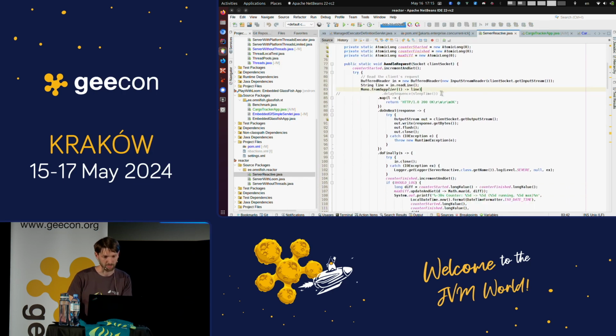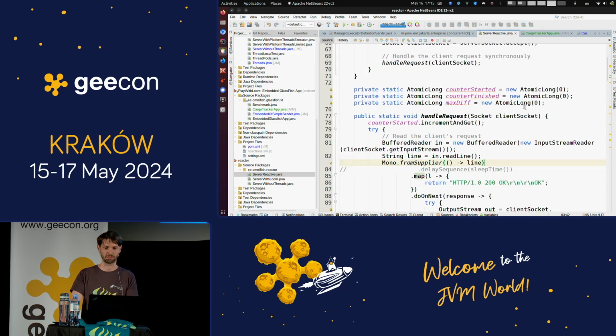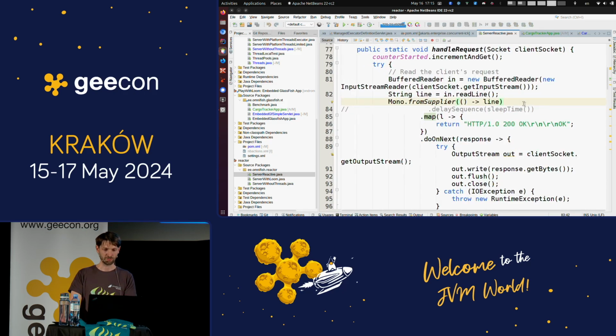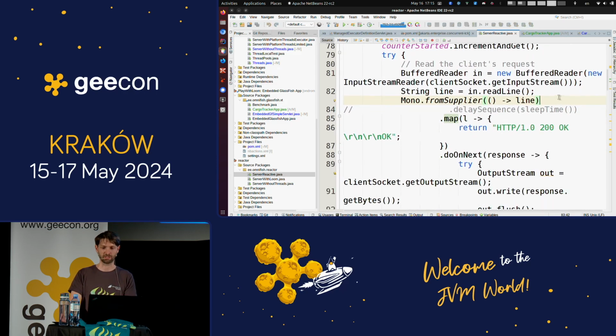Okay, here's an example. It's not the one that I wanted to show you, but here's an example of how it looks. You create basically a pipeline that handles some events that come to your application, and it's more efficient if you create a pipeline that reacts to some event, then does something, then when some other event happens, you can map. It resembles streams in Java, but it's the other way around.